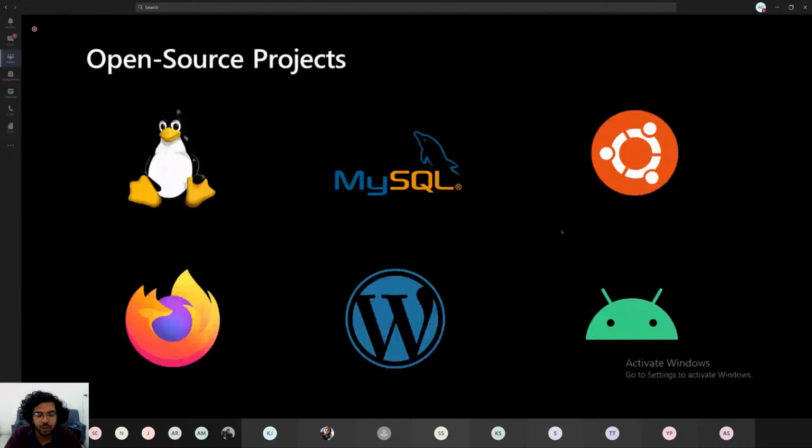Linux, Firefox, WordPress, all of these are open source, so we can easily contribute to them, and it also helps the organizations which are making these really big pieces of software. Yeah, so that's the fundamental reasoning behind why there are so many open source projects, and it's collaborative in nature.